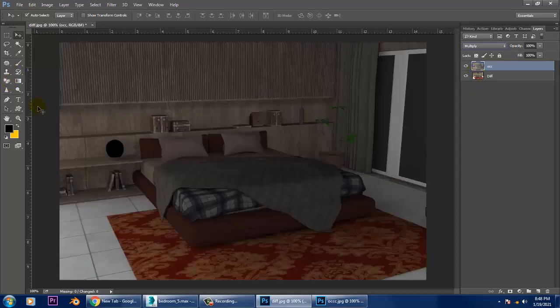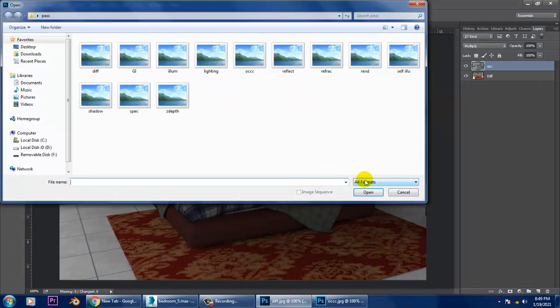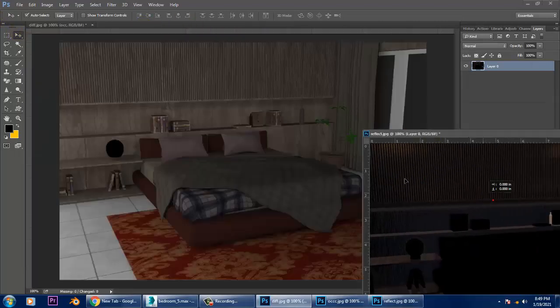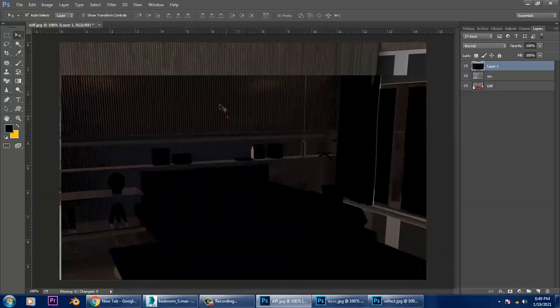The third pass which we are going to add is your reflection pass. Let's add a reflection pass. Whatever reflections are there in the scene will be shown through this reflection pass.